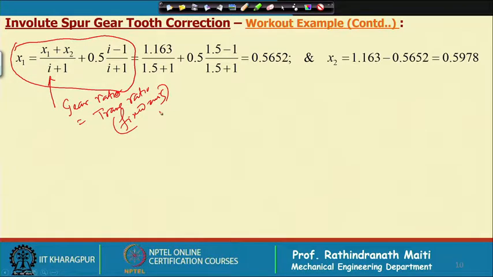So, using this formula, and we have already calculated x1 plus x2 is equal to 1.163 and the transmission ratio is 1.5. So, we get the value x1 is equal to